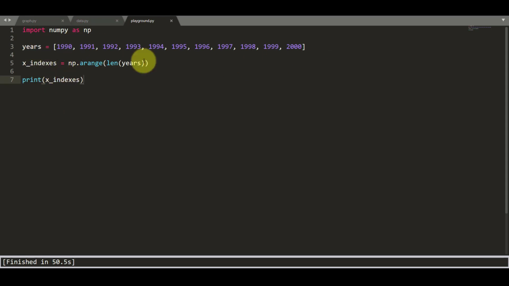So years is there, from 1990 to 2000, and x indexes is np.arange. arange is similar to the range function. So the length of the years is 11, so up to 11 it gives us from 0 to 10. Once I run this,